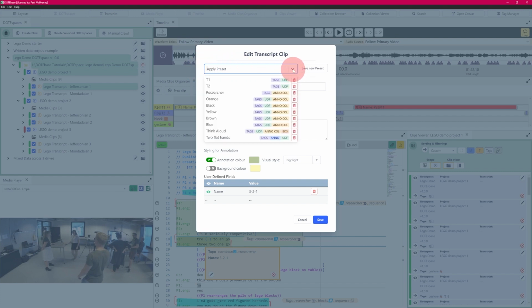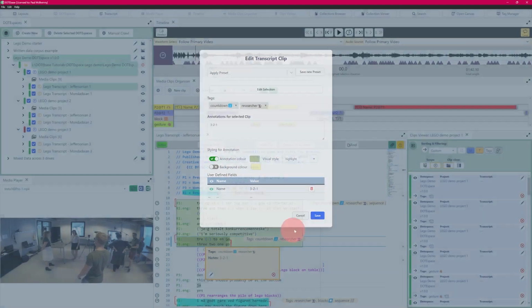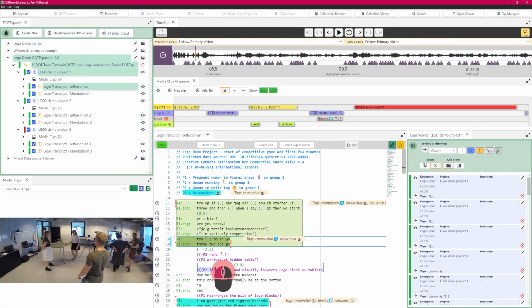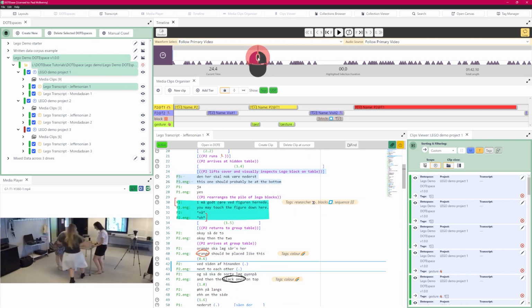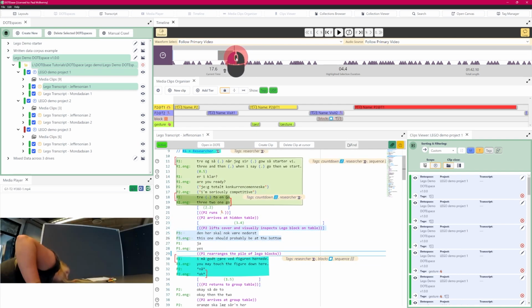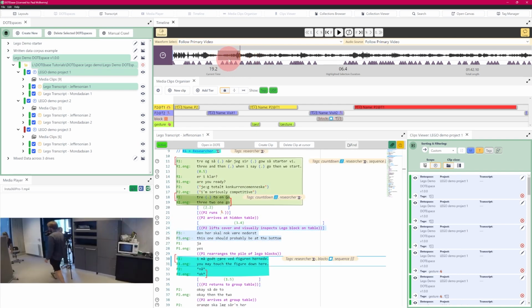And if you click on the pull down menu, you see a number of choices. I'm not going to apply it here because it would change some of these elements we already have. What I'm going to do is cancel and then create a new transcript clip. It could equally create a media clip up here. So I could, for example, shift and drag and say I want to create a media clip here, but all I'm going to do is create a transcript clip here. So if I say create clip,